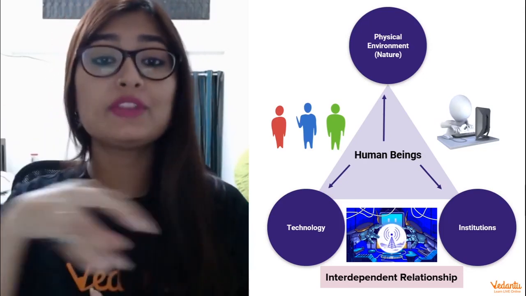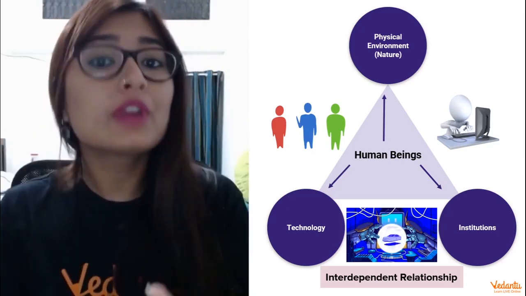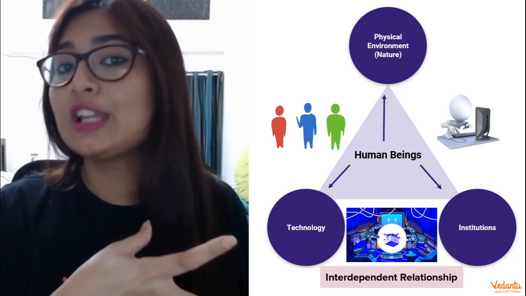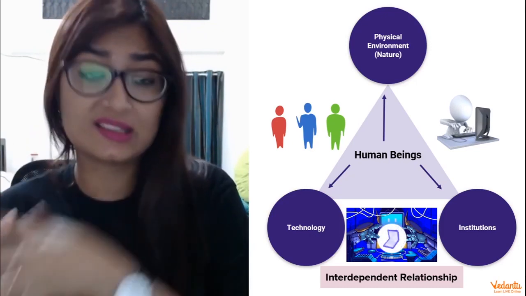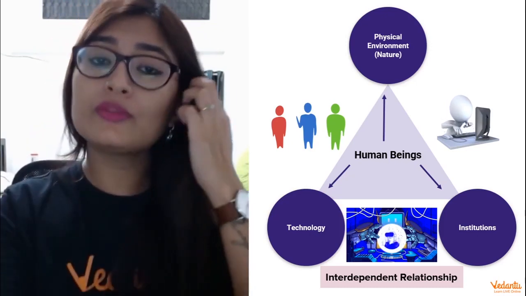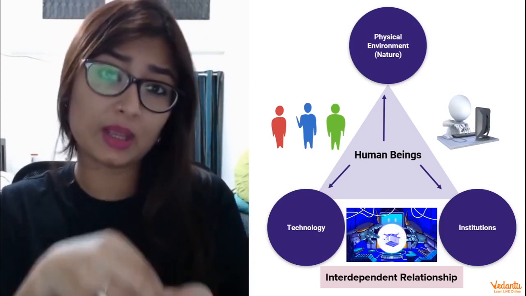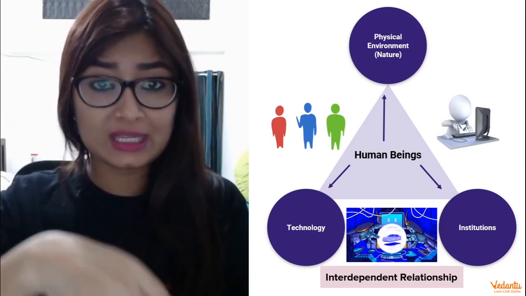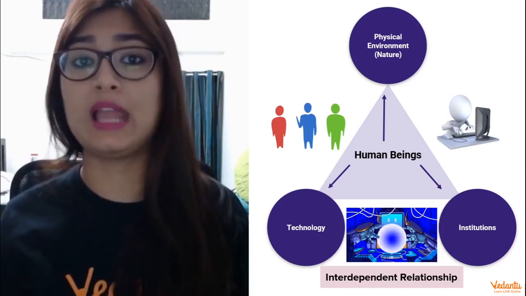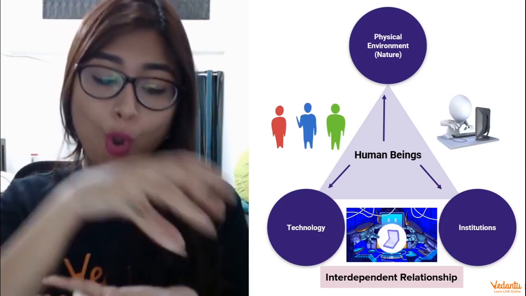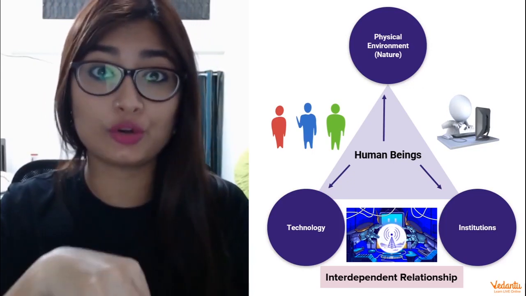Now, among all of these three components is the human being, because it's the human being who is discovering the resources, who's making it technologically accessible, and then using it, and also establishing these institutions. So all of these components have a very interesting interdependent relationship among each other, which means even if you take any one element out of these, the whole system is going to collapse. Nothing is going to work for us. So all of these are dependent on one another, and the human being is the center of it.